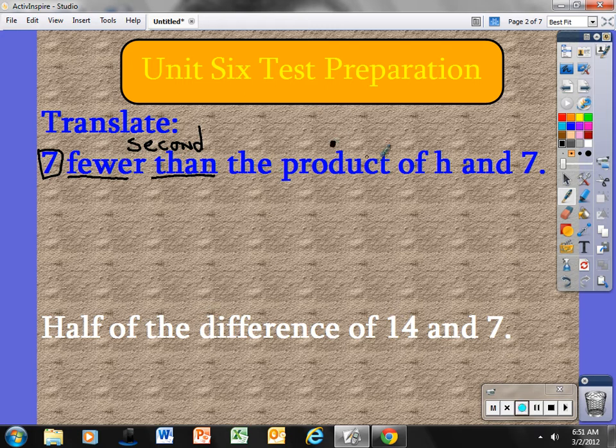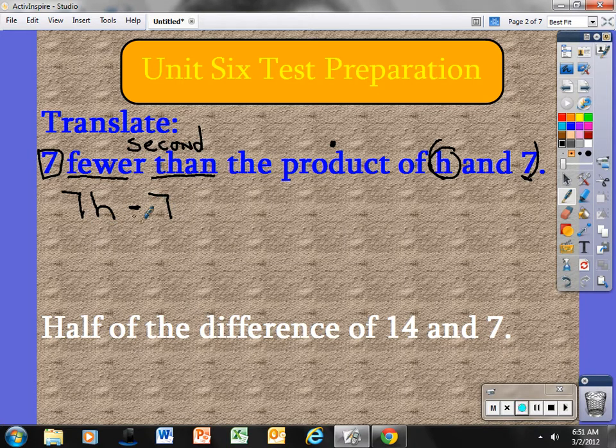Product tells me to multiply of h and 7. So these two things are being multiplied together. And I'm just going to put those in parentheses. So when I go to translate this, I first have to find the product of h and 7, whatever that is. And because we have a variable and a number, which no longer is considered a number, it's now the coefficient. Remember, the coefficient goes in front of the variable. So I have 7 times something, and whatever that product is, I am taking 7 fewer than that. So I'm going to take 7 away from that product. So this reads 7 times h minus 7, or I could say, hey, 7 fewer than the product of 7